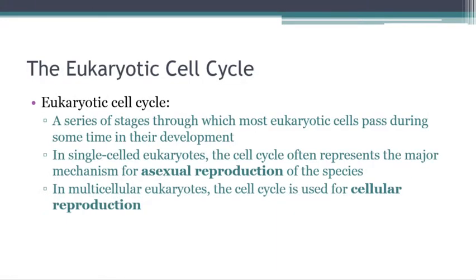Okay, so when we talk about the eukaryotic cell cycle, this is going to be a series of stages that the cell passes through, starting with the single cell and ending up with the 2 daughter cells, okay? Now, in single-celled eukaryotes, this is how they are going to reproduce, and that is, of course, asexual reproduction. There are some multicellular eukaryotes that also asexually reproduce. We'll talk about that a little bit later on. But in multicellular eukaryotes, typically this is going to be just cellular reproduction in general, but if you only have one, you're kind of making copies of yourself.